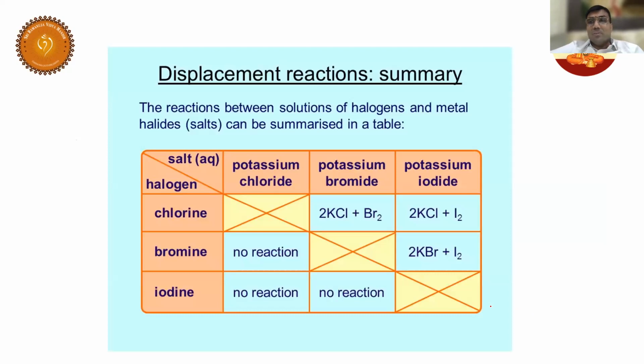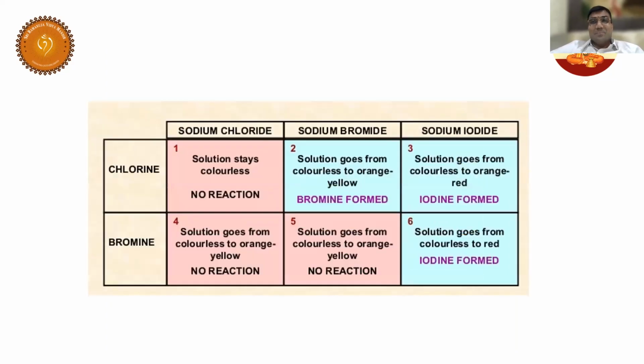Similarly, have a look here, students. When you take the halogens chlorine, bromine, and iodine, when chlorine is reacted with KCl, there won't be any reaction. Similarly, when it is made to react with KBr, it is going to displace the bromine. So Br minus is displaced and bromine is formed. Similarly, with bromine, only iodine is formed. And with iodine, there is no reaction, nothing. So iodine cannot displace any other halogen, right? Students, very, very important.